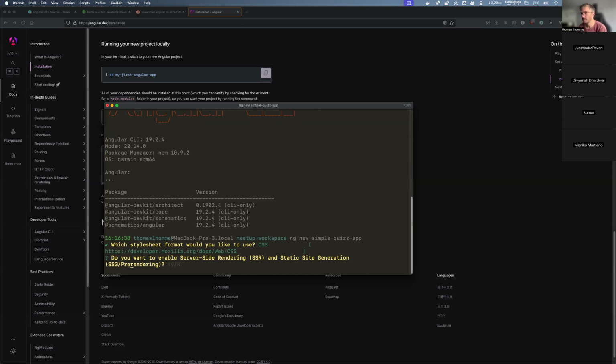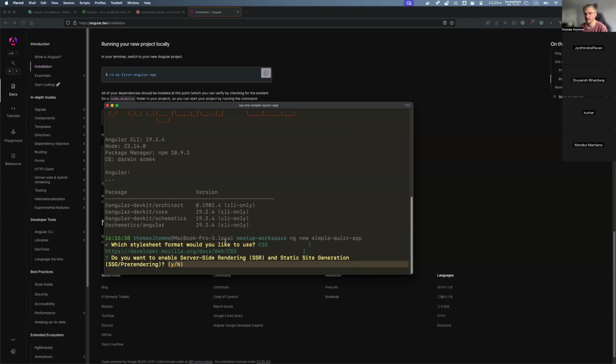And then it asks me if I want to enable what we call SSR, which is server-side rendering, right? You can see here we have Y and N, yes and no. Basically, you have one which is in uppercase.